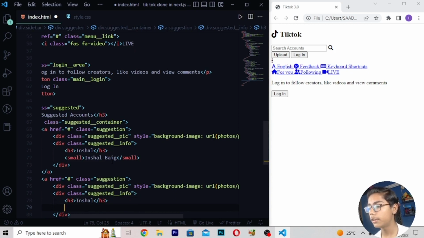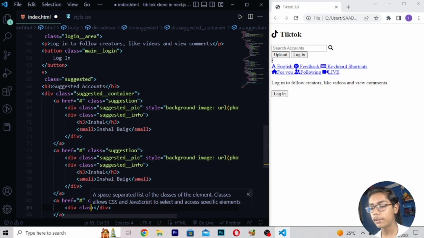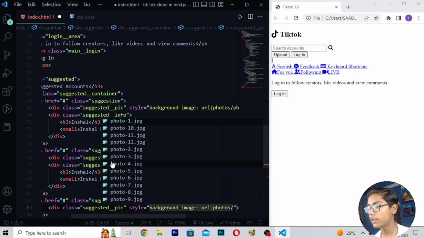Now when you've written this, here I'll be writing here like this, then I will be writing class suggestion, then I will be writing div class suggested here like this, then here I'll be writing pic style is equals to background image URL photos slash, right here photo 6 like this.